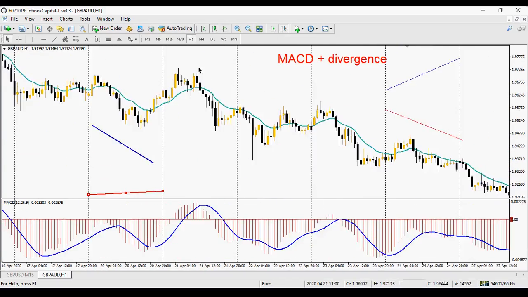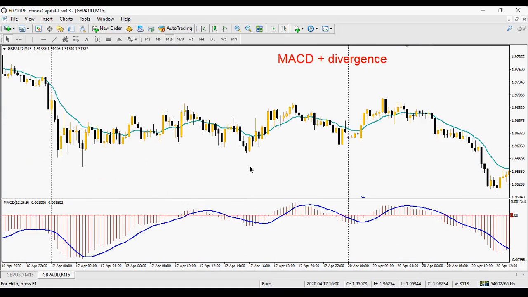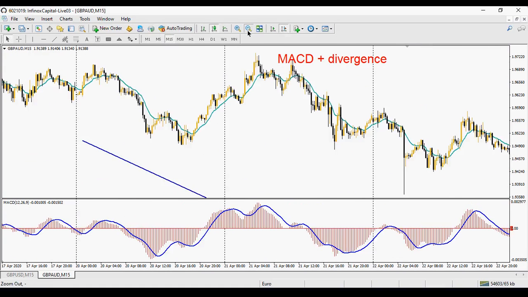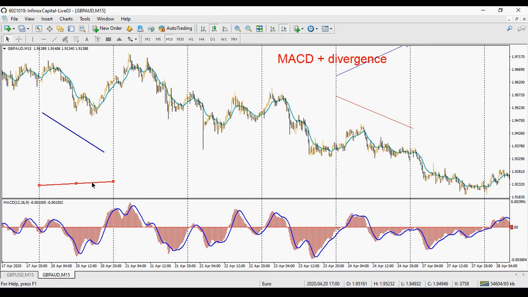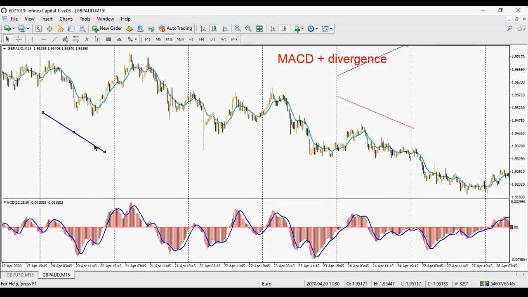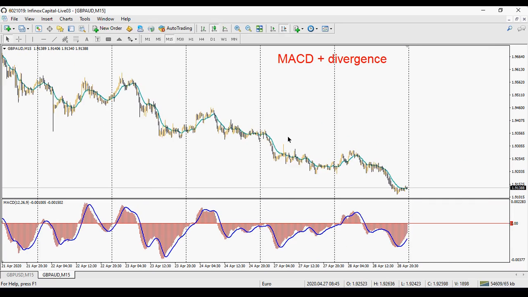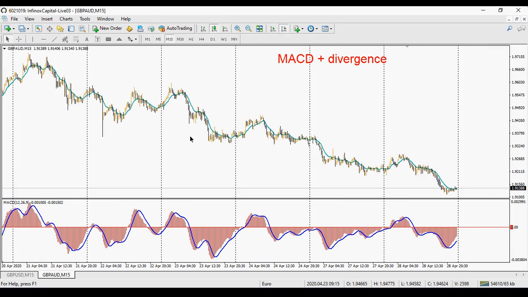Okay, let's go to the 15 minutes time frame. Another way you can use it, you can also even use it with the parabolic SAR. I don't know if anybody loves that. I hardly use it, but some people just love it. You can't do without the parabolic SAR. Now look at the